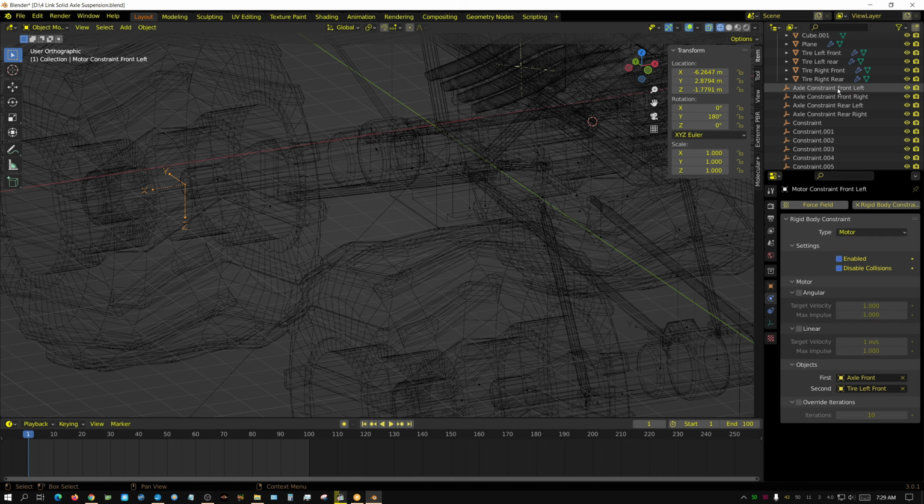Now, for something like this, we will not use linear, it will always be angular. So turn the angular on, and right now I'm going to set this to 0, which is basically just turning on the brakes. And I'm going to clamp down the brakes quite a bit. I'm going to set this to 5,000 and then go to the rest of the motor constraints and do the same thing. Angular 0, 5,000, angular 0, 5,000, angular 0,